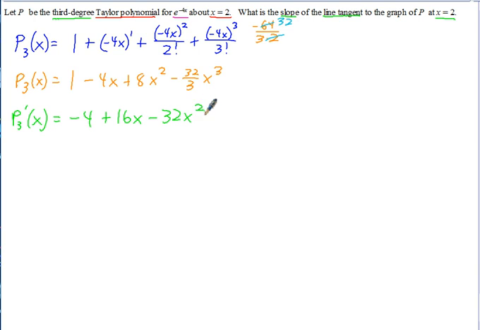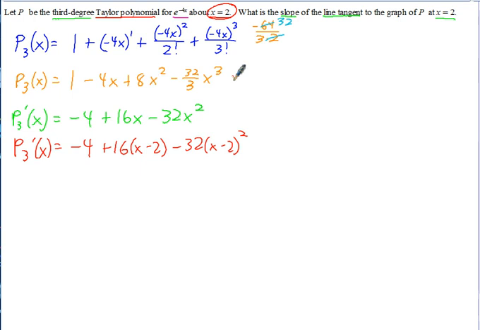squared. Oh, and I realized I forgot one important thing here. I was treating this like a Maclaurin one. I should have probably done that in this step, but we can still do it right here. When it's about x equals 2, instead of x, all these x's are going to be x minus 2. So it'd be negative 4 plus 16x minus 2 minus 32x minus 2 squared. I could have put that in here as well. So this was actually should have been